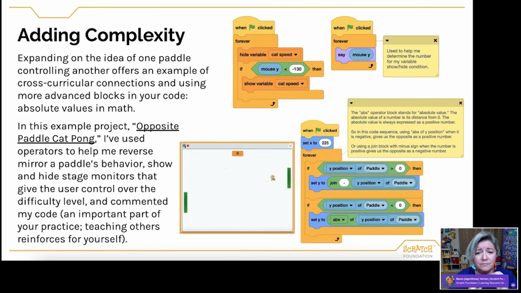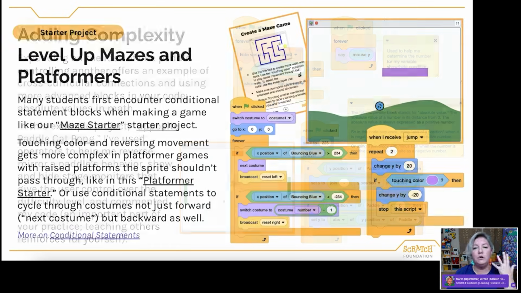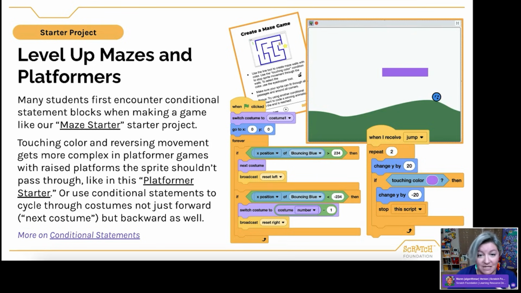And then I've also commented my code, because as I was working with this code, I wanted to be able to remember what I did here. Why did I make the choices that I did? How did I make this work? So if I come back to it later, I remember what I did, but also for anybody who's looking inside my project and wants to remix so that they can follow along. And so that's something that I also really encourage folks to do. And as you're creating more complex projects, it's just really valuable also to reinforce concepts for yourself while you're also helping others. So, to make the Pong game, we used conditional statements.